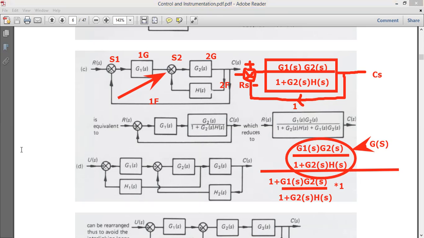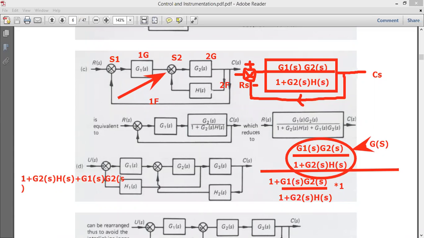So this becomes 1 plus G2 of s multiplied by H of s, plus the denominator value. So 1 plus G2 of s multiplied by H of s plus G1 of s multiplied by G2 of s, whole divided by